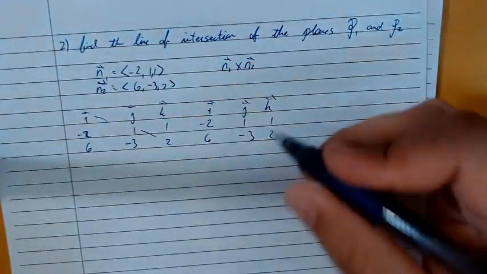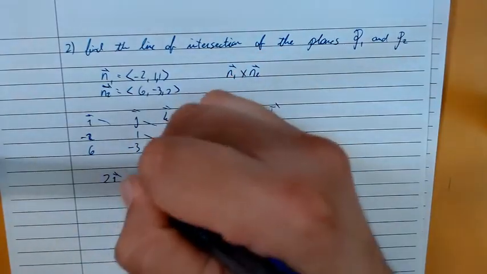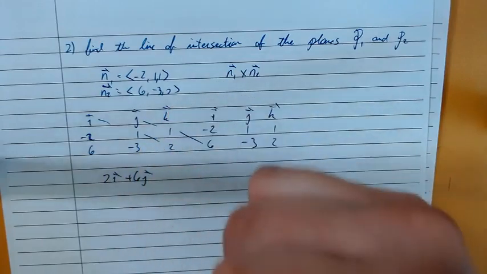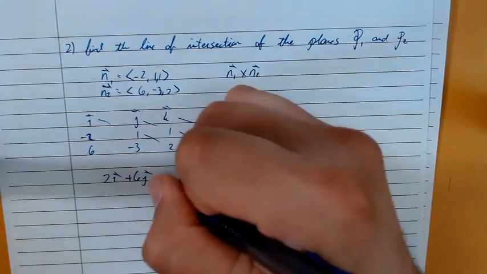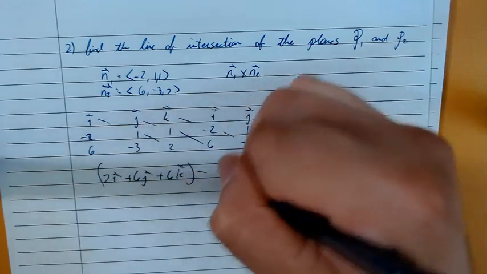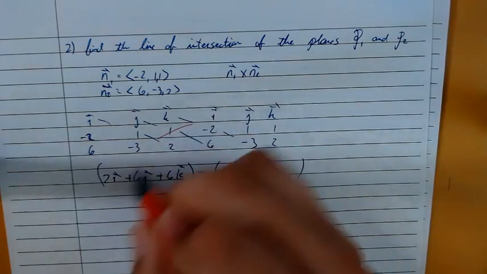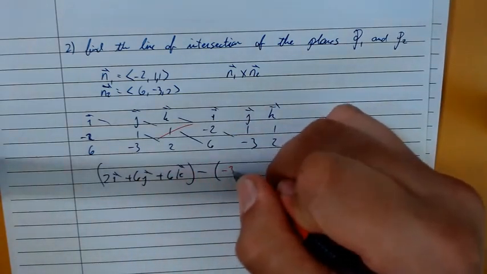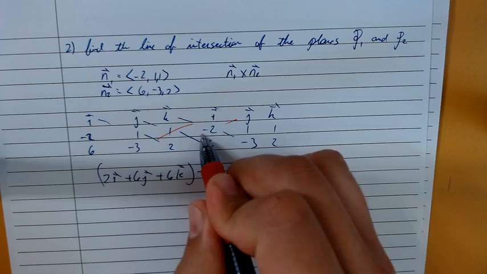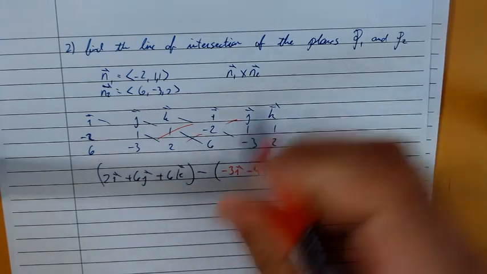That'll be 2i plus 6j plus 6k minus, going back the other way, that'll be -3i. That'll be -4j. And that'll be